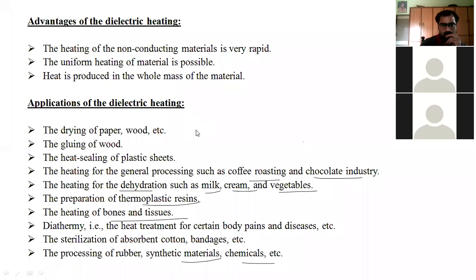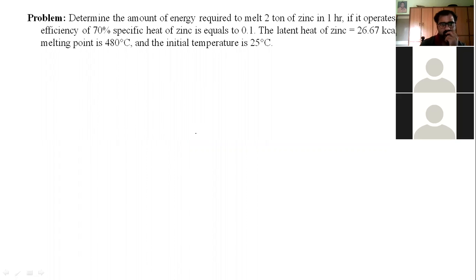Based upon dielectric heating and induction heating, we would like to have some problems. So let us have this problem. It is very easy. Okay. Let us see this. Please read it out. I will complete within 5 minutes, and I will wind up this class. Up to these problems, we are going to complete our electric heating. From the next class onwards, we are going to deal with electrical welding. We will see how the methods are used for electrical welding. So this is the easy one.